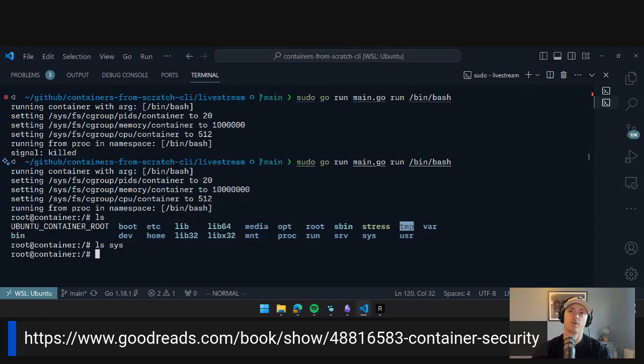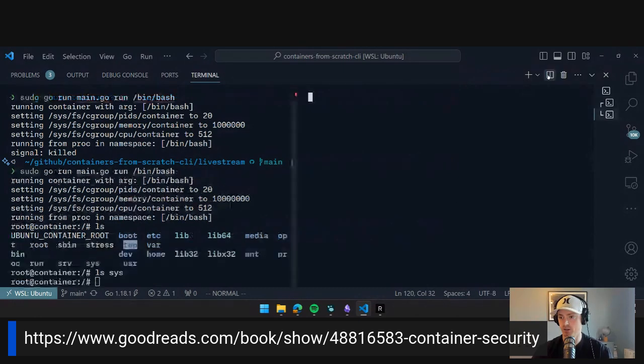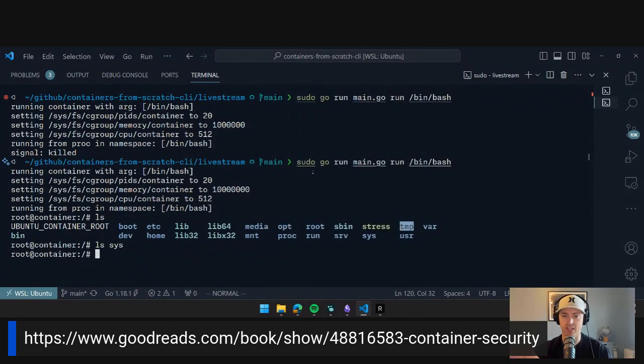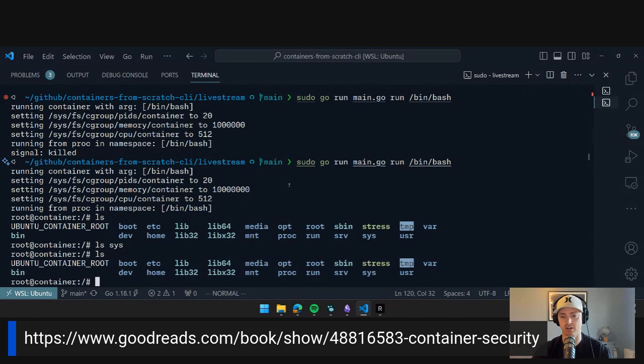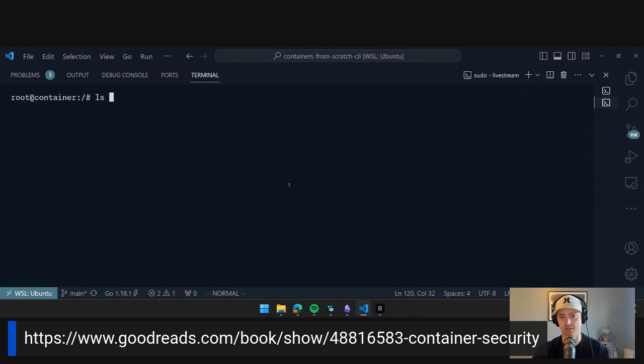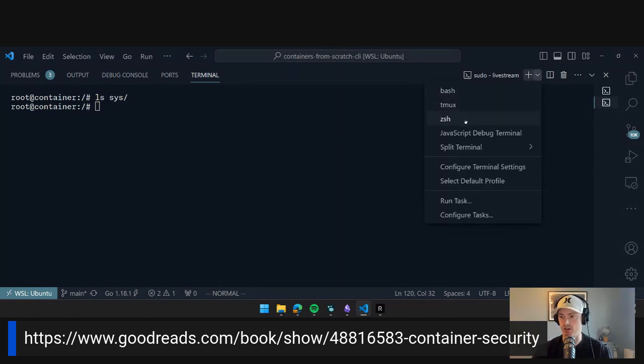Oh, I know why. So this is going to create the C groups on the host. So if we just split this terminal, it might be easier if I just create a new terminal. I've got the container up and running. It wouldn't do any good to modify the C groups that are inside the container, which would be in here, because that would make it the host. These C groups need to be on the host itself. So if we create a new shell,